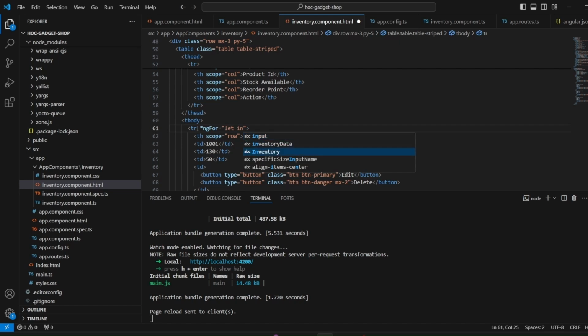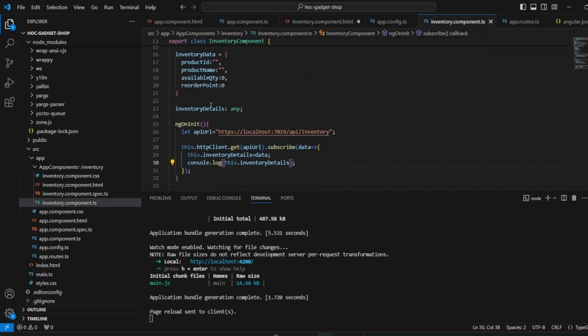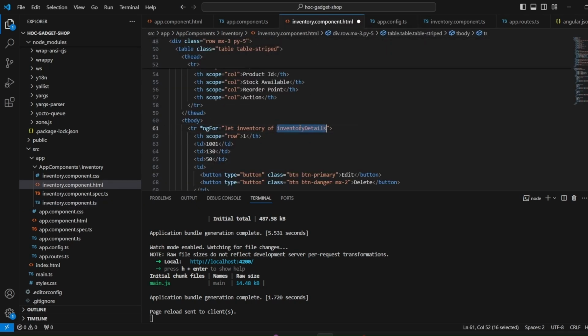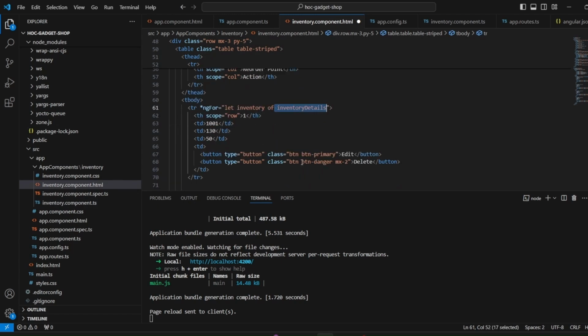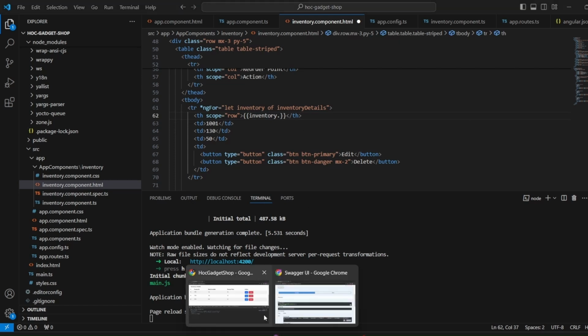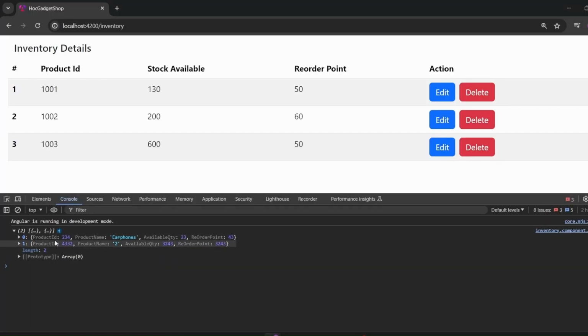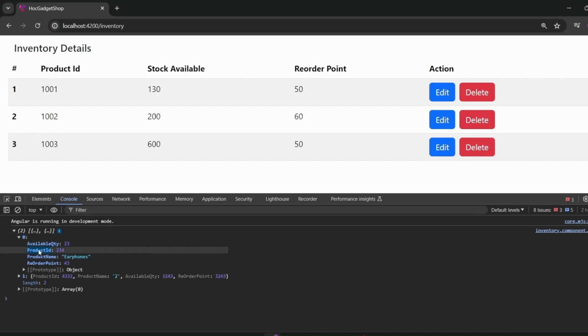Let inventory of inventoryDetails. So what is inventoryDetails? It's this particular object that we have created on the component.ts file. I'll just paste it so that the exact name is matching over here. And in this inventoryDetails, for each of the objects, we have to bind the property name, the name that we are getting over here. So this is the product ID.